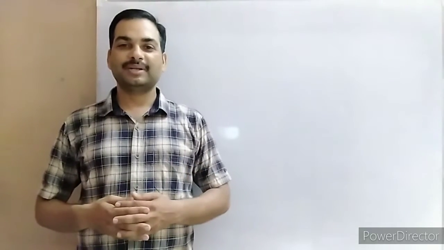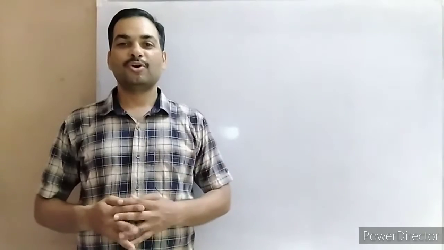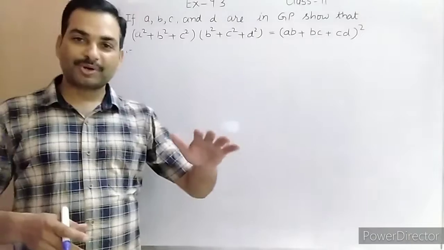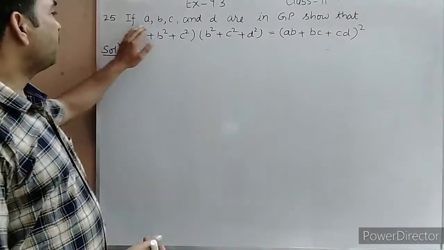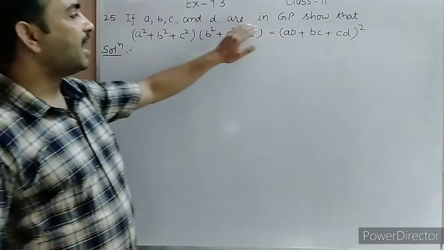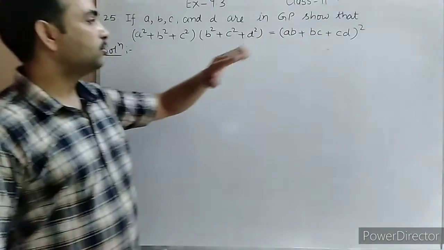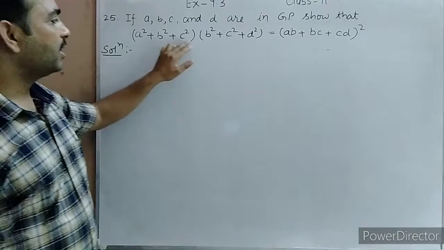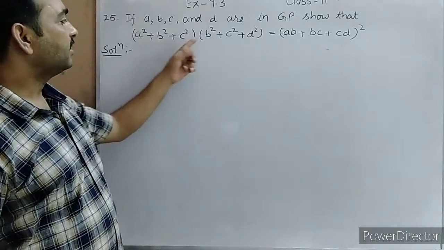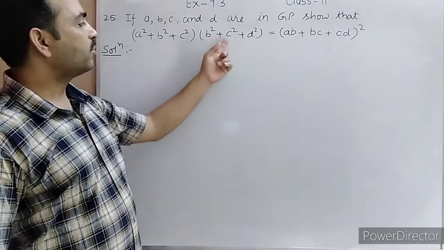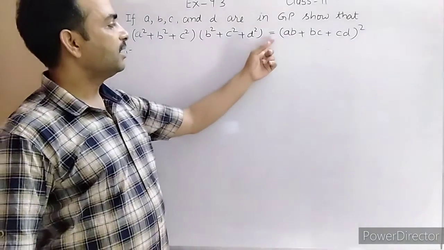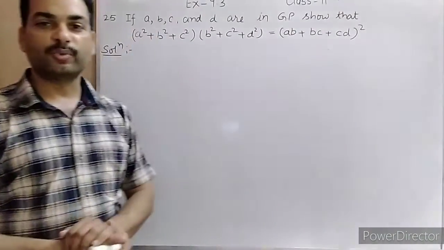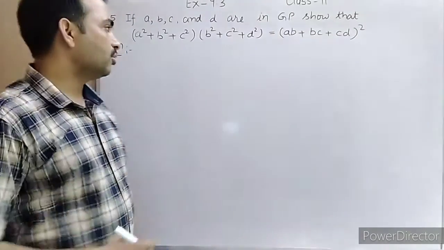Today I am going to discuss some important problems of geometric progression. So let's start. The question is: if A, B, C and D are in GP, show that (A square plus B square plus C square) multiplied by (B square plus C square plus D square) is equal to (AB plus BC plus CD) whole square. So its solution is,